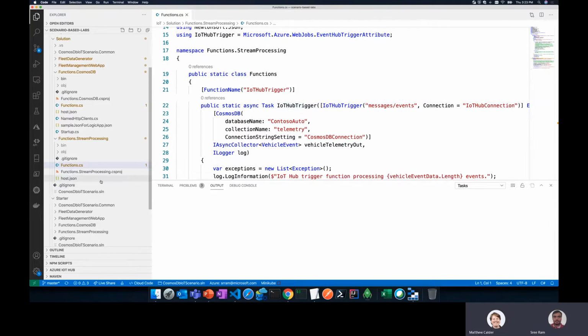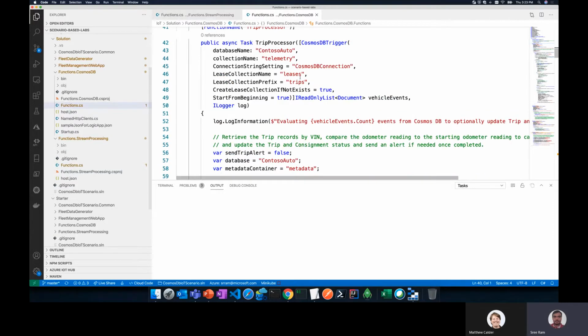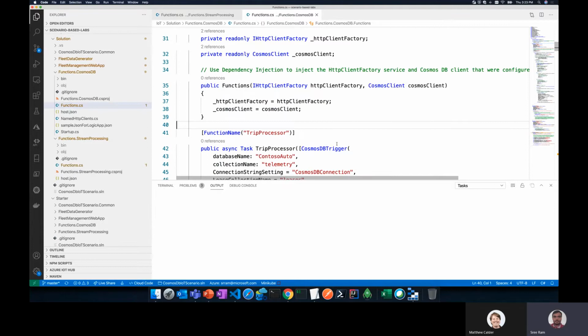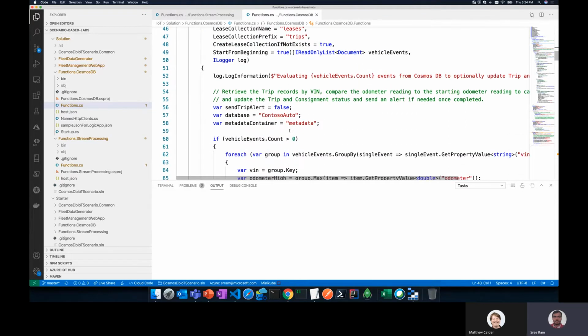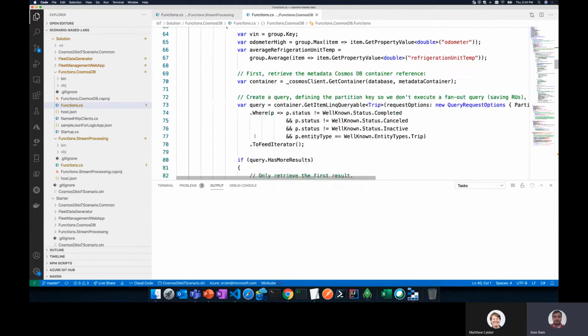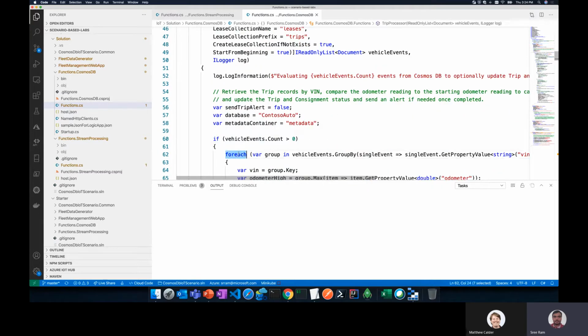So likewise, we can have a Cosmos trigger. We will see the Cosmos trigger in a bit. Yes, this is the Cosmos trigger. As you can see, you need a database and collection. And once you have the trigger, this is nothing different from the delegate code you have seen. This is the delegate code you're writing in the function.